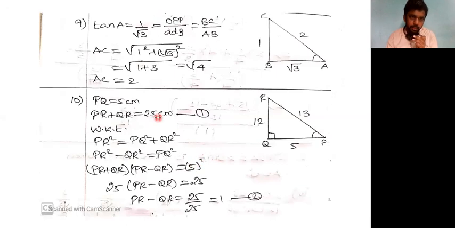Ninth question, I'll do one summation. I'll give you the hint. In a right angled triangle ABC, right angled at B, if tan A is equal to 1 by root 3, find the value of the first two subdivisions above. So I'll tell you the hint. Tan A is equal to 1 by root 3, opposite divided by adjacent, which is BC divided by AB. Opposite is BC and adjacent is AB for angle A.